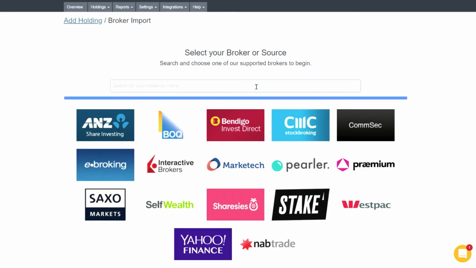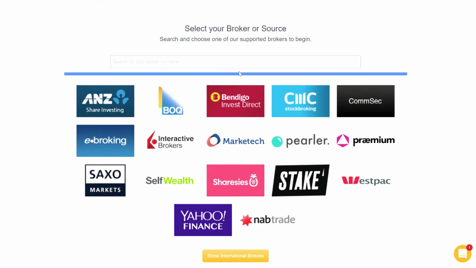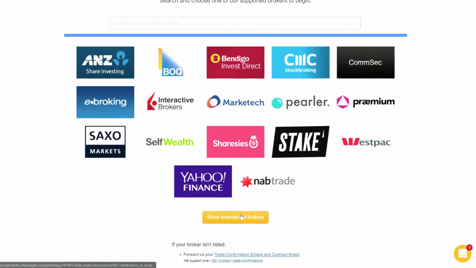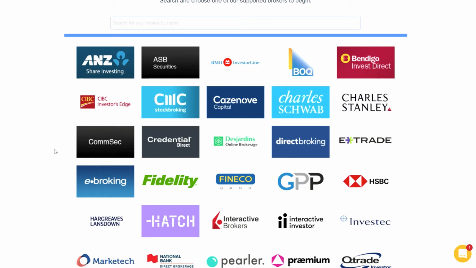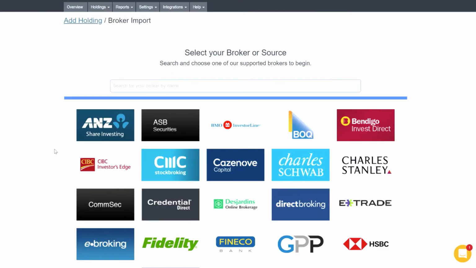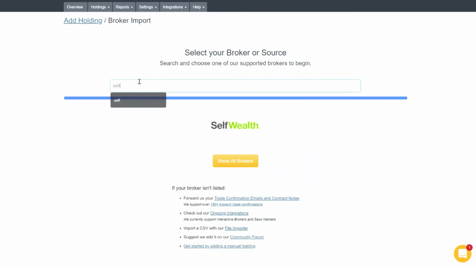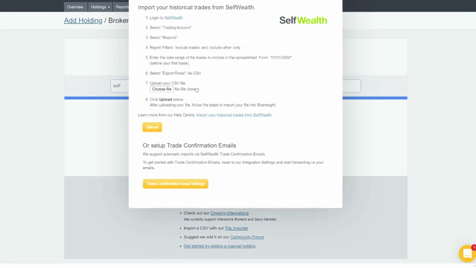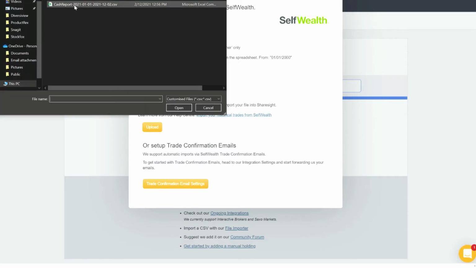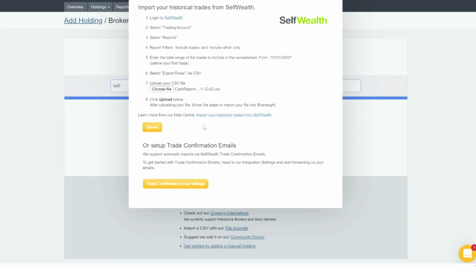Now, importing from a broker, you'll have the brokers that are local to your location, and you can also search for international brokers. Or you can simply search for your broker. Click onto the broker tile. You'll have some steps here, and you can also choose the file you wish to import. Once your file is selected, click upload,